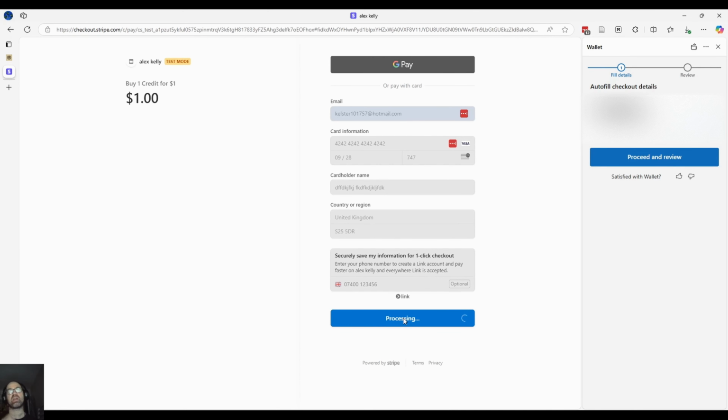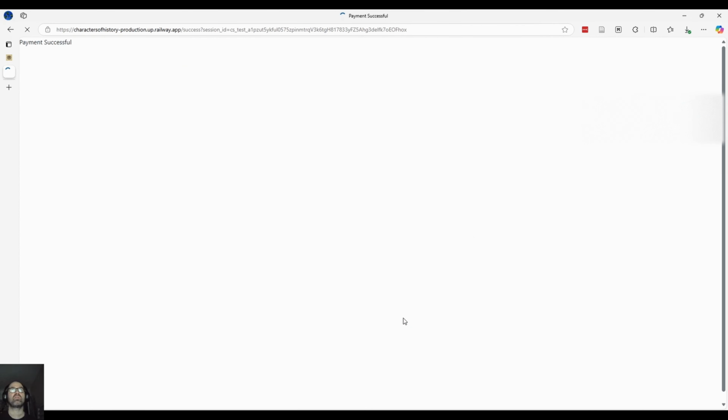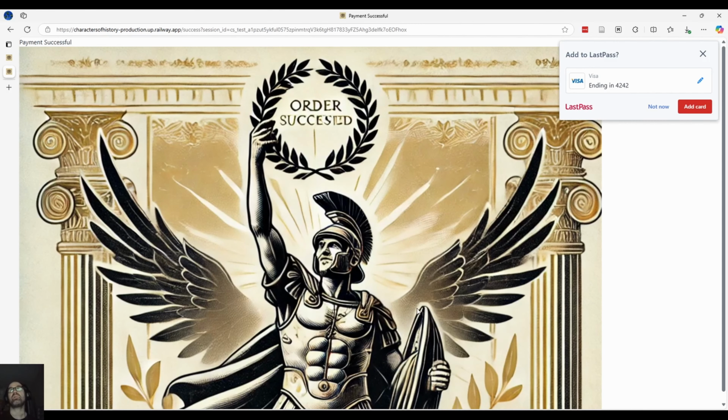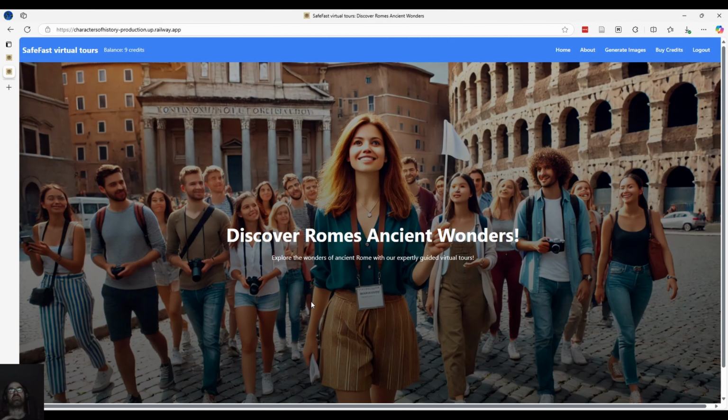And that's just processing it now. This is great. Payment successful. Champion. We don't want to save this into LastPass, and then that'll go off, take us back to the default,